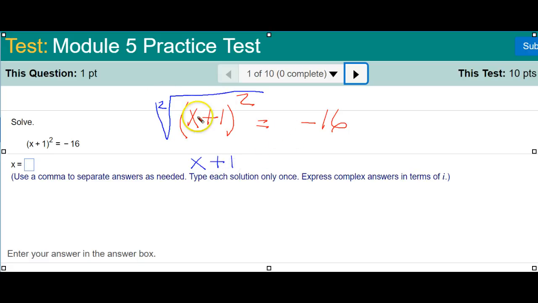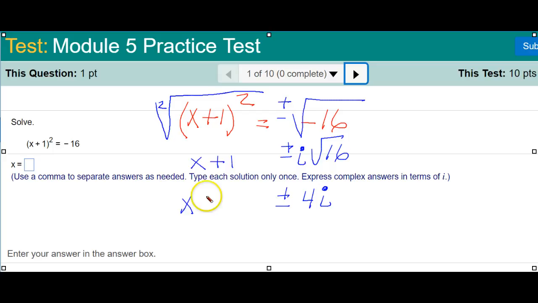But if we take the square root of something, we say we take plus or minus the square root of that as well. But notice, under a square root sign, you cannot have a negative 16 as a real number answer. But if we take out the letter i, we go plus or minus i, the square root of 16. Then this is going to be plus or minus 4i,